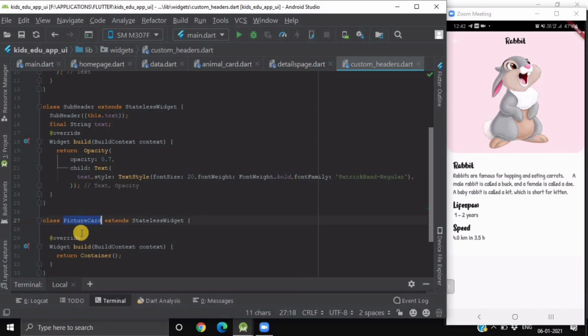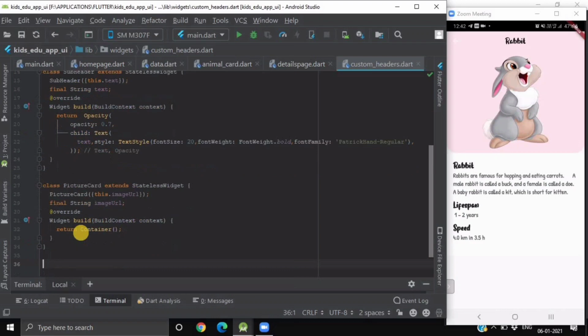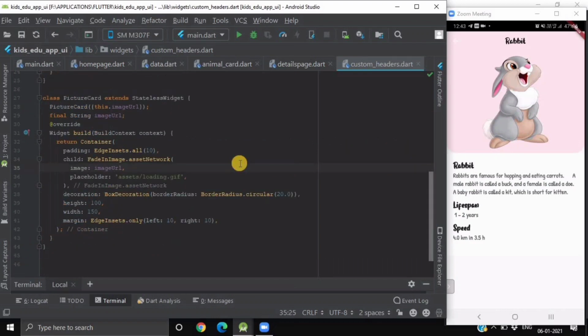So create this dot image URL. Okay, and we'll create a final string URL. So we are done. So inside this picture card, we will be returning a container, okay, with some padding, and